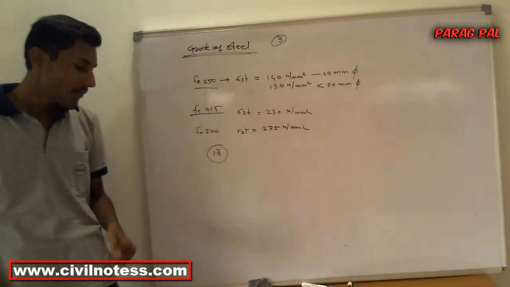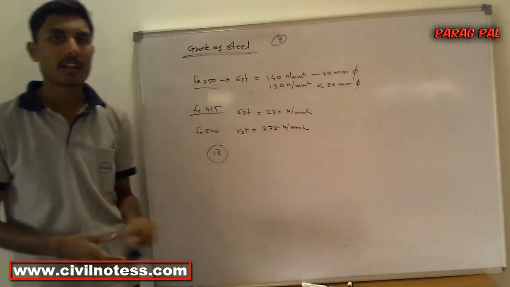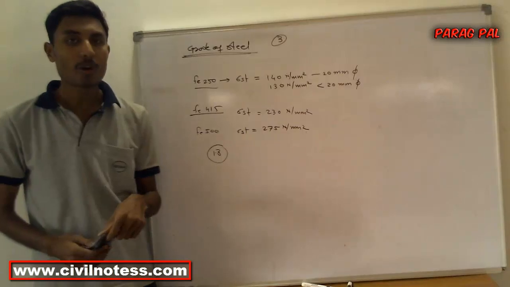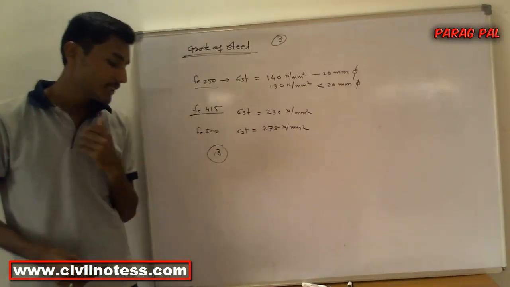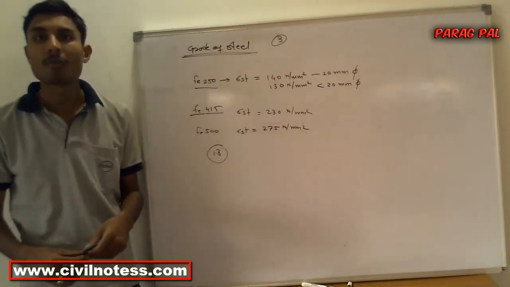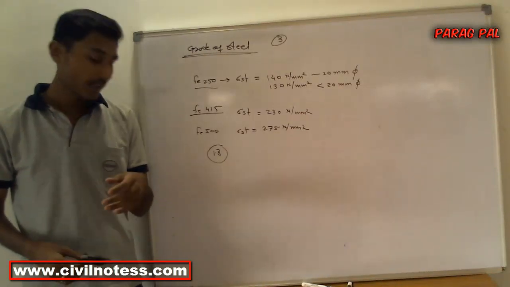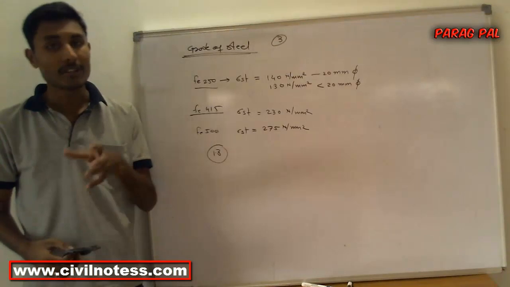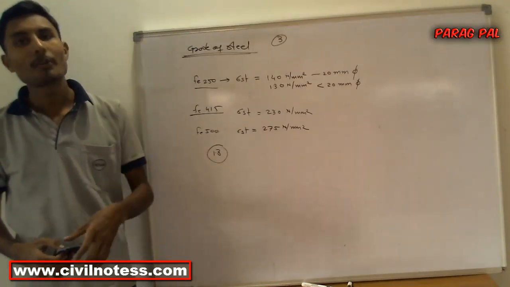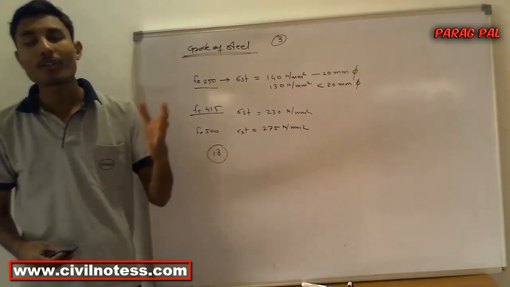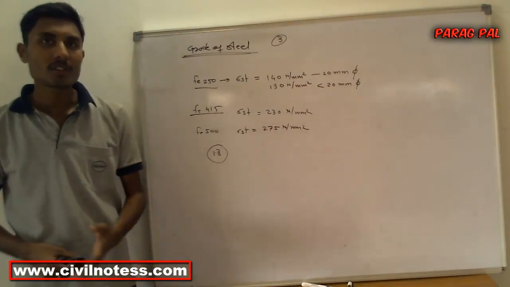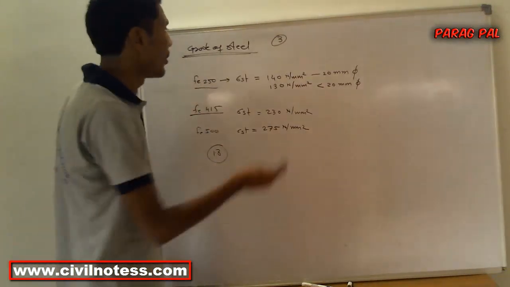Now we will further proceed to the stress strain diagram. With respect to that, I'll explain what exactly sigma CBC and sigma st are, and what the modular ratio is. Actually, what is the depth of the neutral axis, what is the critical depth, what is the total depth, what is the effective depth. All these things are really very important. The Lever arm constant. These are all the constants of the working stress method. Here we go for all these constants.